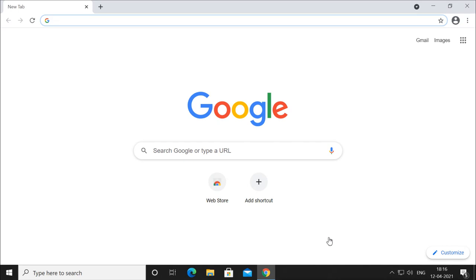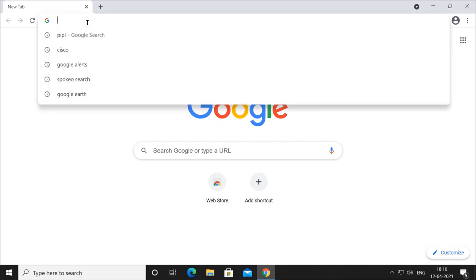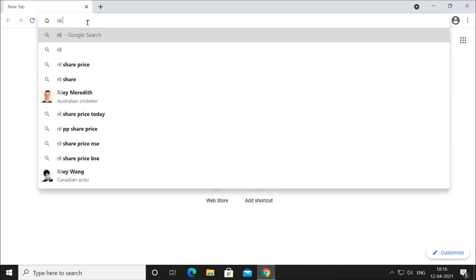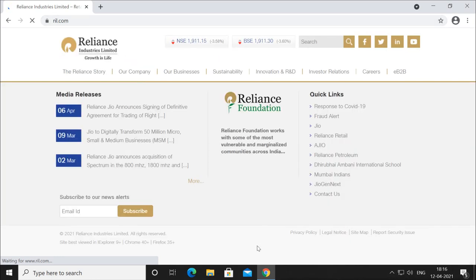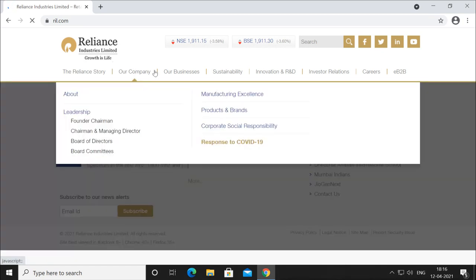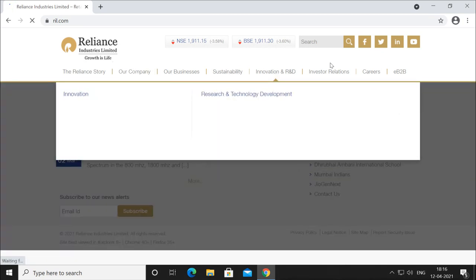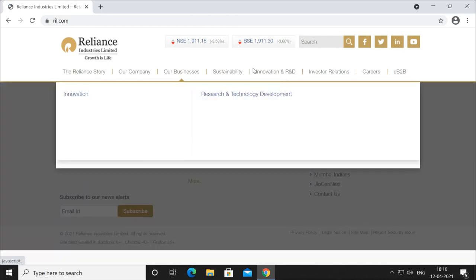Then what we can do is mirror the whole site. Suppose this is the site which is online and working, directly from the Reliance server. Now if I want, I can mirror the whole site to get some important files from there. And the site which we mirrored will also work the same as it works here.